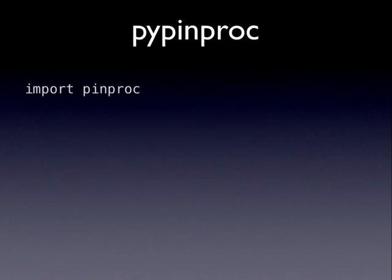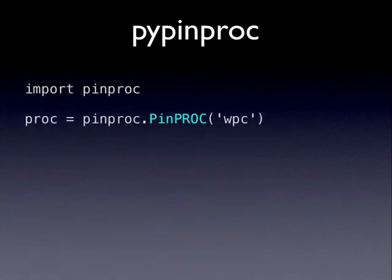So what does pypinproc look like? So here's a line of Python code. We're going to import the pinproc module. So that just means that we're loading a library here. And then within the pinproc module, we have this object called PinPROC with some capital letters. And you can see that we're passing it WPC. So we're telling the pinproc software and the P-ROC hardware, I'm interacting with the WPC system. Set up all your defaults for driving WPC-style coils and the WPC-style switch matrix. There's also the two Stern varieties and WPC95, and also a custom machine type that doesn't do any sort of setup for you, so you can set up how